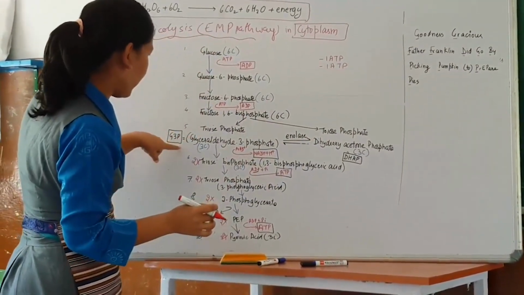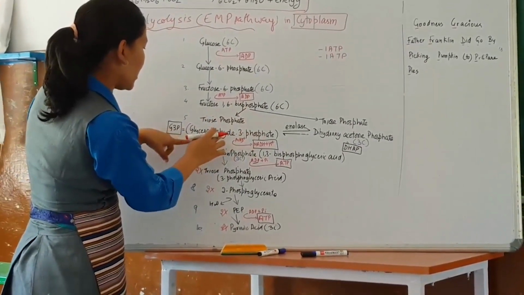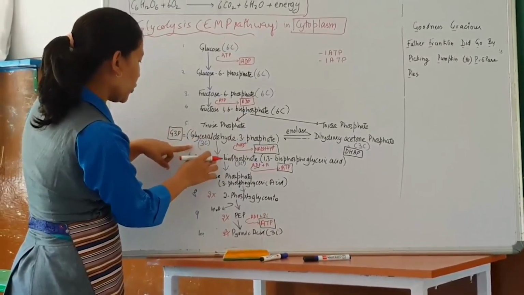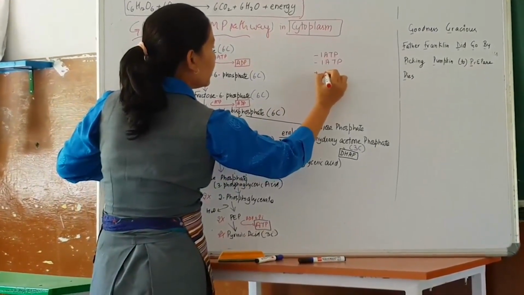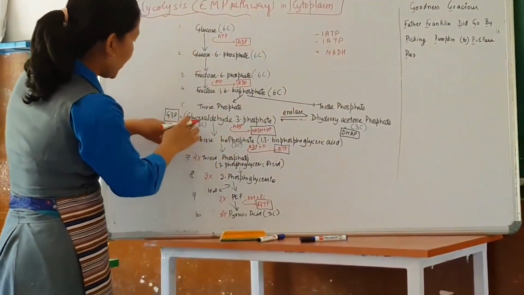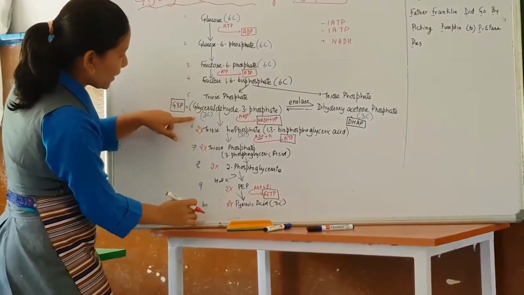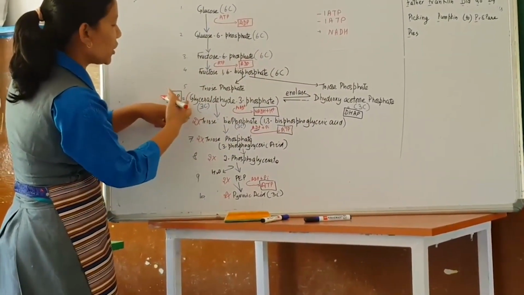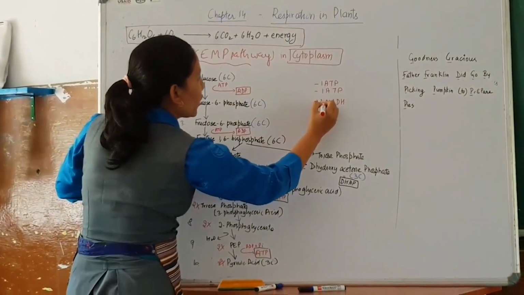Now next, here you can see glyceraldehyde 3-phosphate, G3P, converting into 1,3-bisphosphoglycerate. There is a release of NADH. Okay, now here you can see that this G3P continues with the glycolysis. This may also convert to this and then continue with the cycle. That means there are 2 G3P continuing with the glycolysis. So we can just multiply by 2 here.